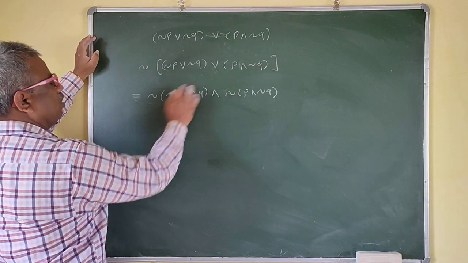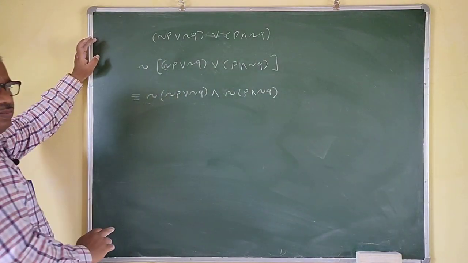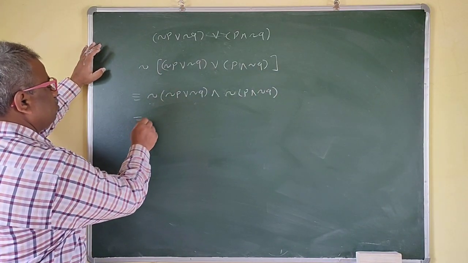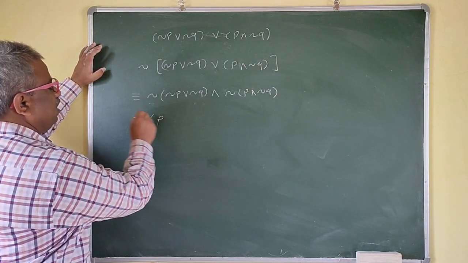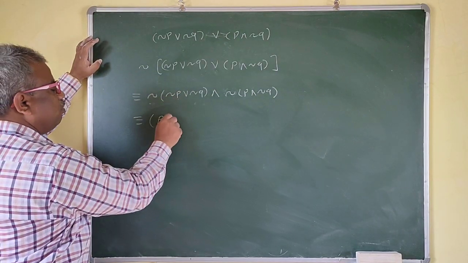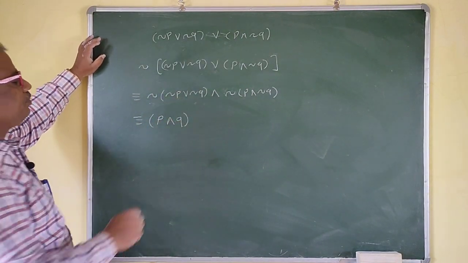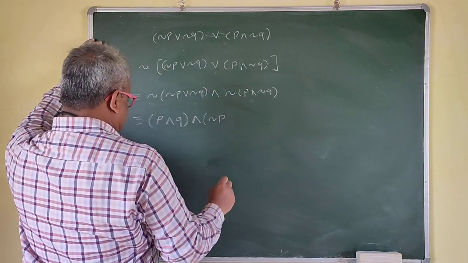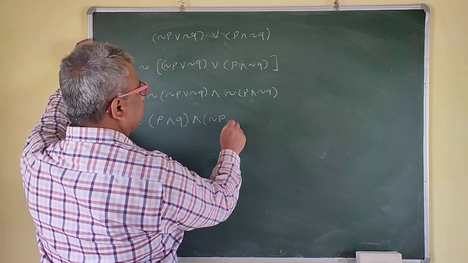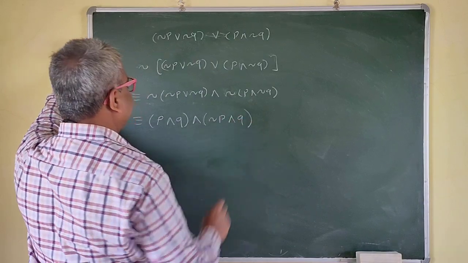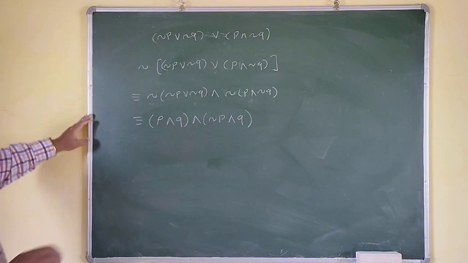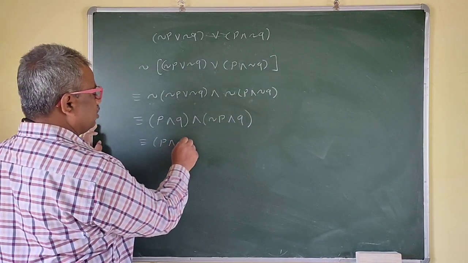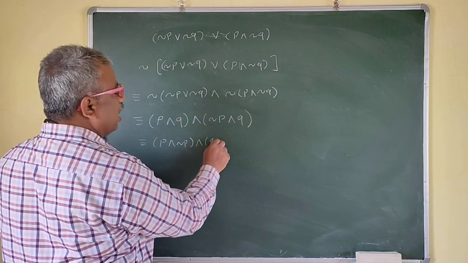Okay, we have replaced this by or. Now we will apply De Morgan's law. Again we will apply the De Morgan's law. So negation of negation P is P, so here or will be and. This is Q, and the and is here. So this is negation P, negation P and Q now here, right? Now we can rearrange this one. All are and: P and negation P, Q and Q.